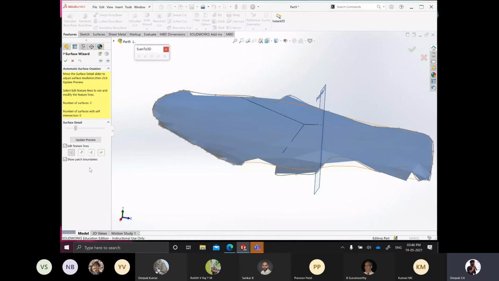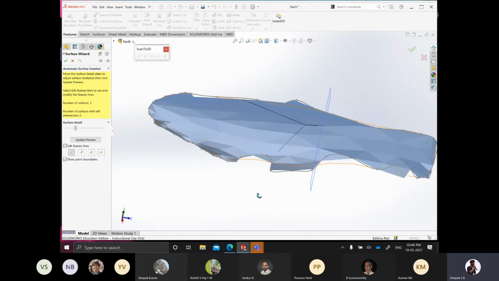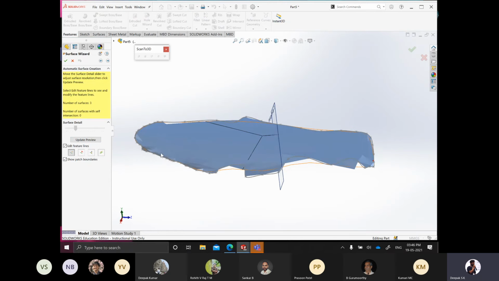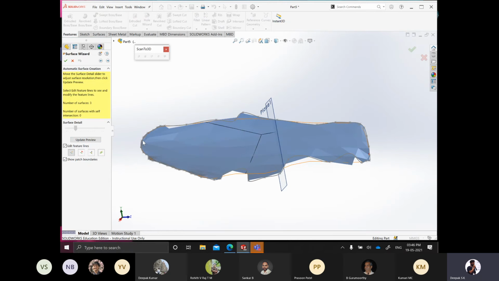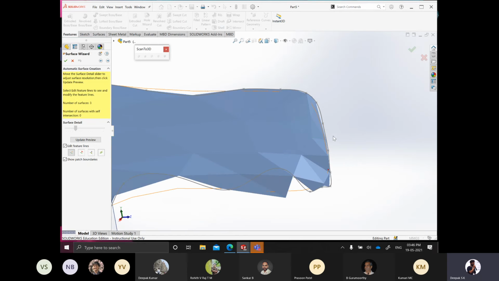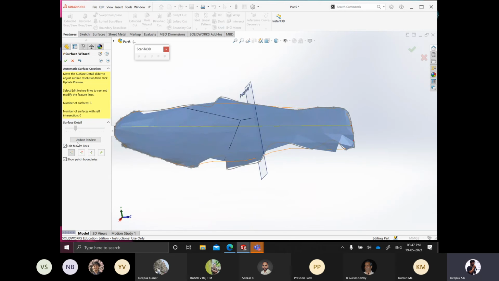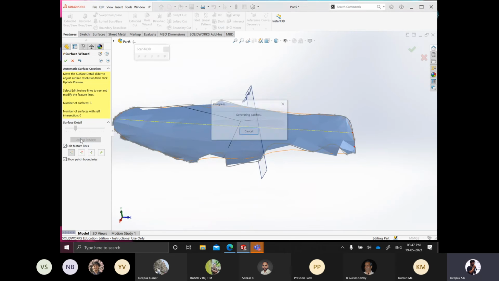Let's say I know there is another reference line connecting this and this. The curvature on one side is higher and the other side is lower. This I know as a designer, but the software didn't capture it. So I can simply create a reference line in the middle. Select this point, come here and then select another point in the middle somewhere approximately, and then you can update feature.